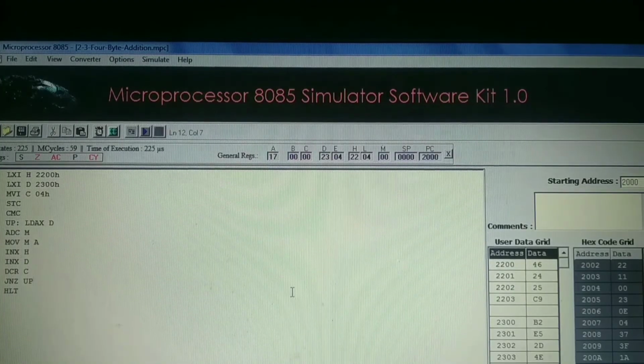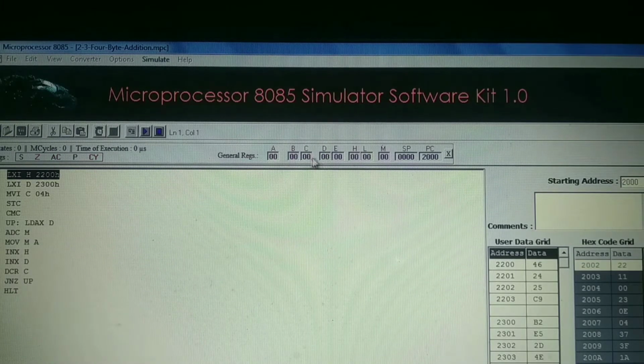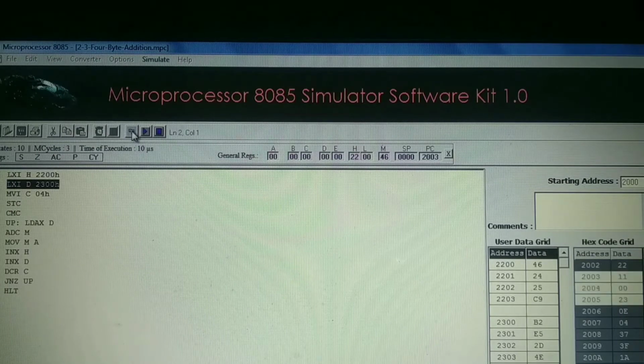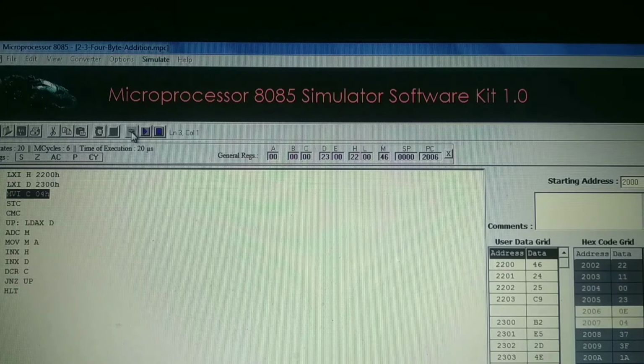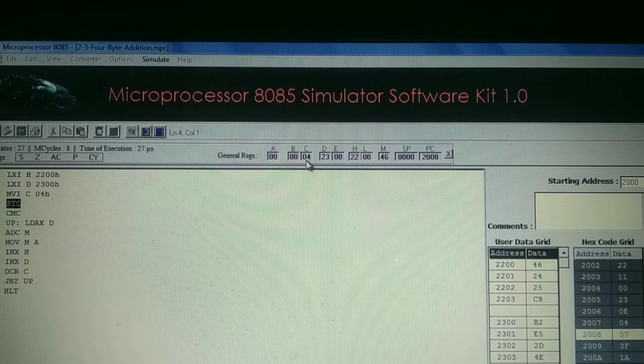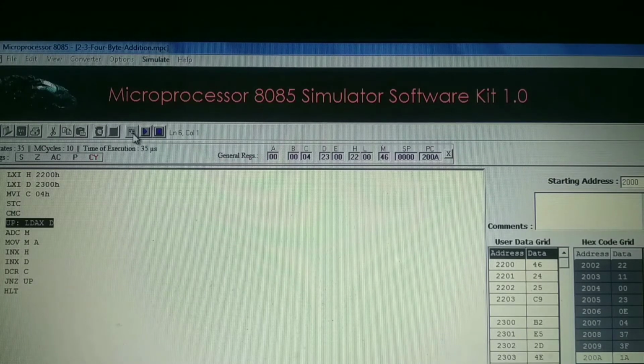Here is the program. We are executing this program step by step. Go to the first step. All contents become 0. LXI H, 2200. LXI D, 2300. MVI C, 04, C becomes 04. STC, the carry flag is set to 1. CMC, the carry flag becomes 0. LDAX D, here DE represents the number B2. It is transferred to the accumulator.